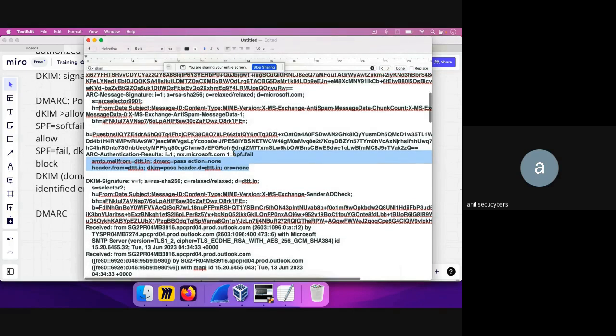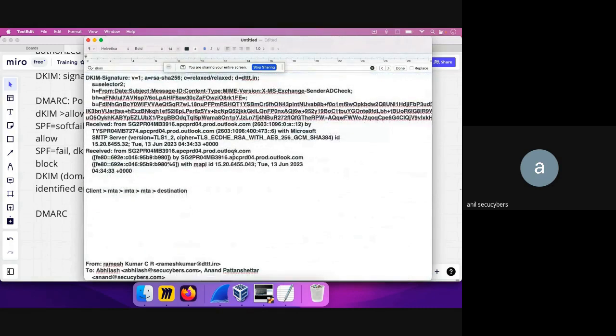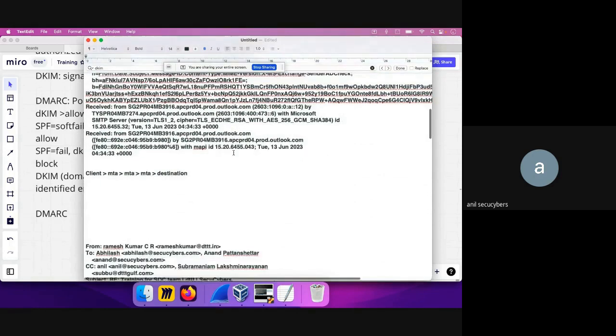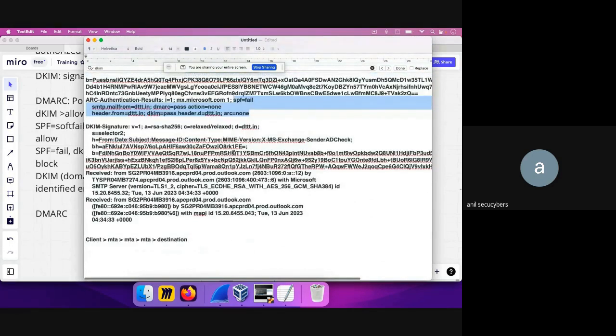I hope this email header analysis, a mix of both theory and lab, helped you understand it in much more detail. The only reason I picked this topic is because as a SOC professional, you will be encountering a lot of incidents where you need to do email analysis and figure out from where